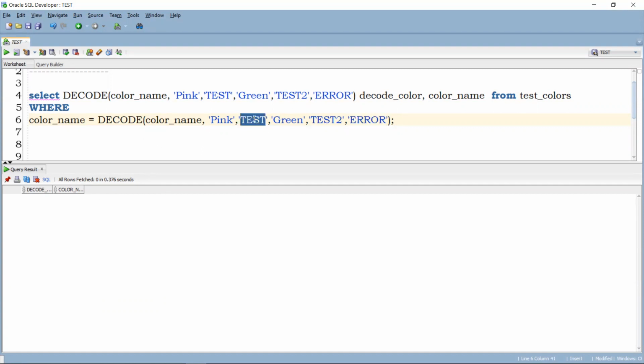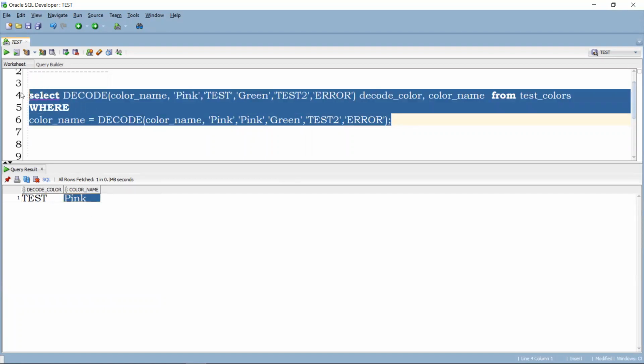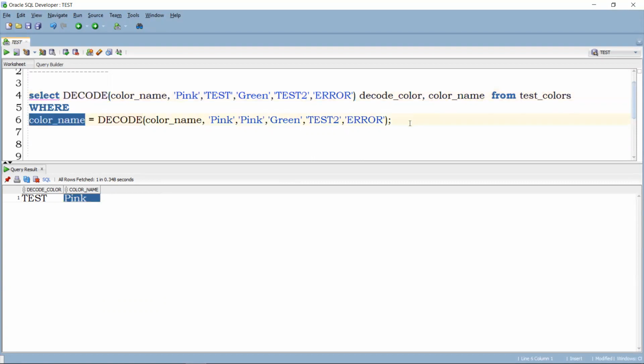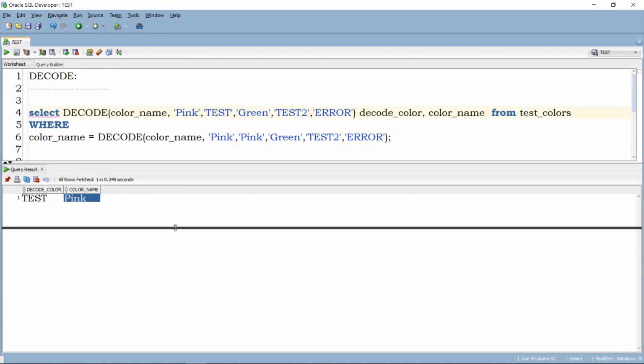If you want to really see some data, then let's give pink here. Now pink equals pink and it will give us the color pink. So this is how decode works. We can add it in the select clause or in the where clause, based upon our requirement. This is a very simple requirement, so based upon our requirement we can keep on adding decode conditions. Here it is just two, pink and green, but we can give n number of expressions separated by commas. I can add indigo, or multiple colors, multiple conditions and expressions here. So this is how decode works.